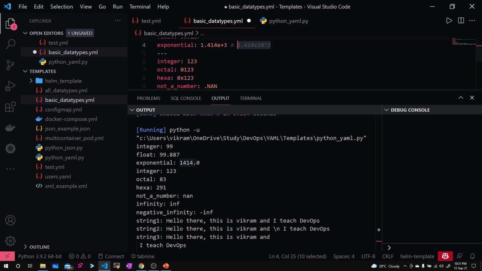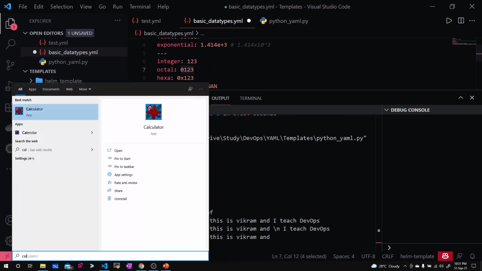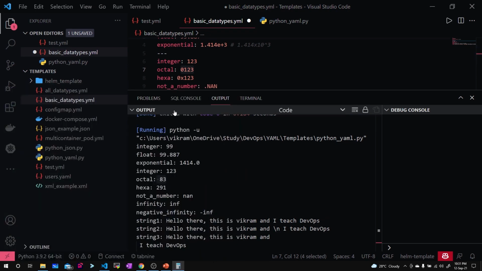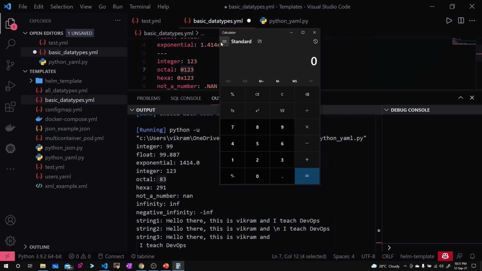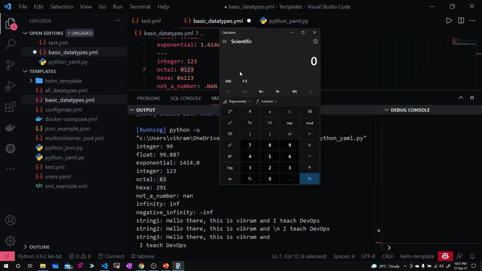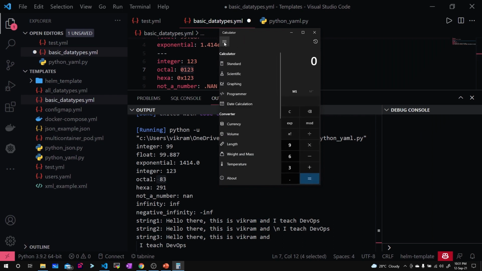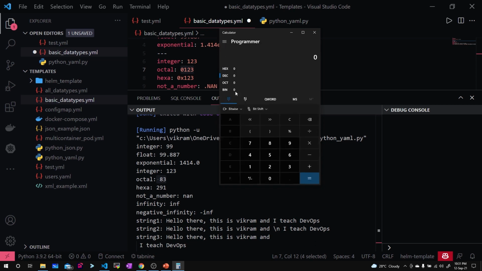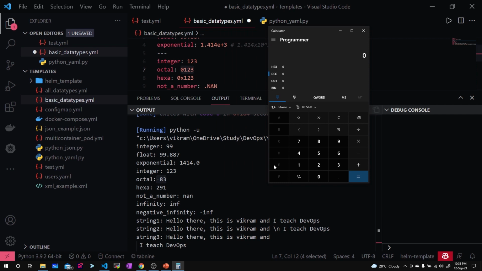Coming to the other thing, the integer 123 is mentioned, and here octal 0123 is nothing but the value 83. If you are not sure, you can just open the calculator. I think you should go to the scientific calculator of Windows. Then, not scientific, yeah, the programmer's calculator. Then what you do is, for octal 0123, if you see the octal part,